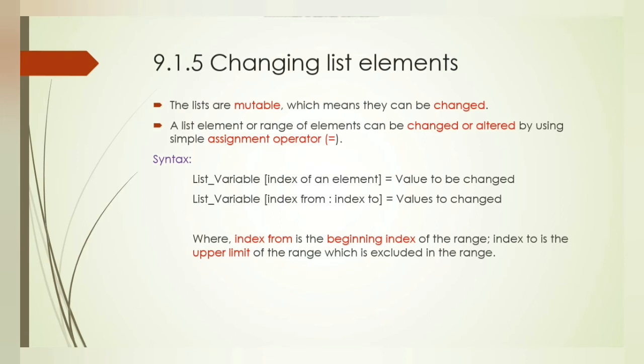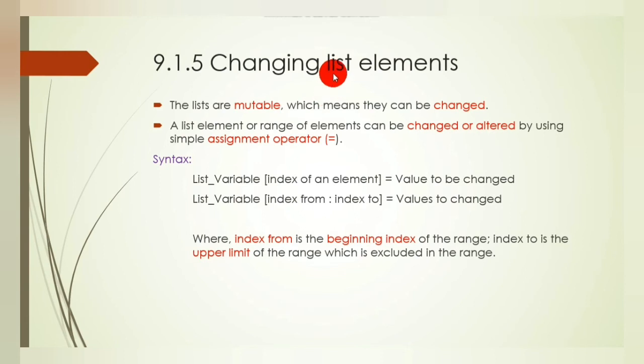So now you can see how to change the element present in the list. List is known as a mutable element. String is known as an immutable element. So what is the meaning of mutable and immutable? Mutable means we are able to change the element present in this list. Immutable means we are not able to change the element.